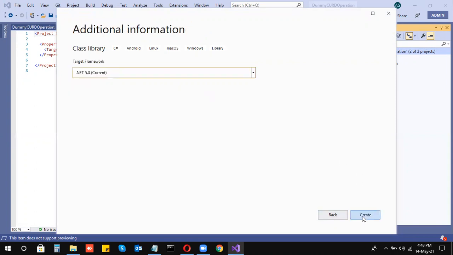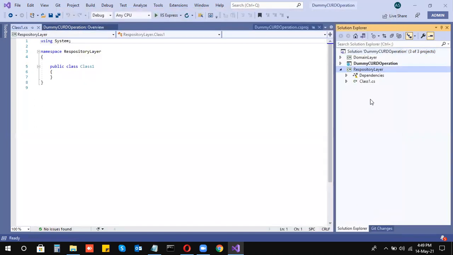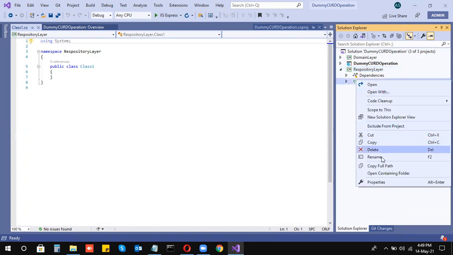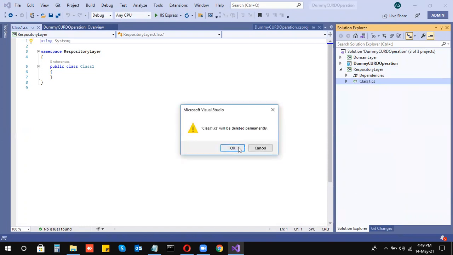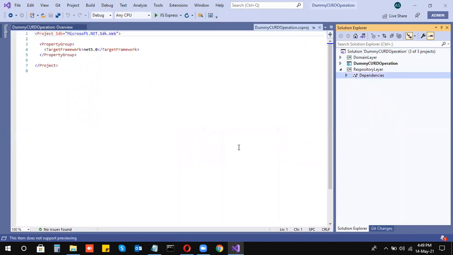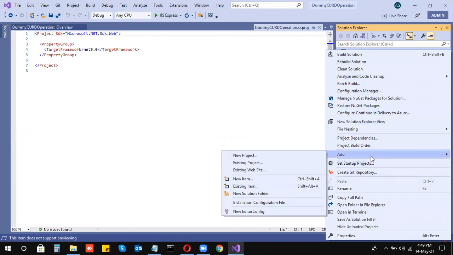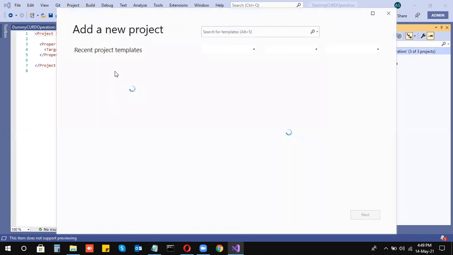Repository layer. Okay. So now you've got another layer, or another library. Same, I'm just going to delete this class. When I create my own project, I'll define my own classes or models. Now I'm just going to create another project,